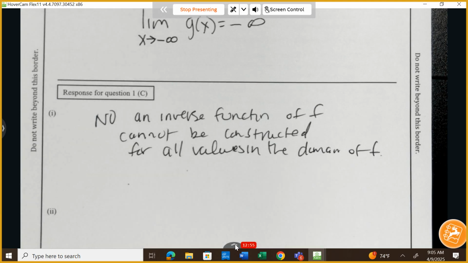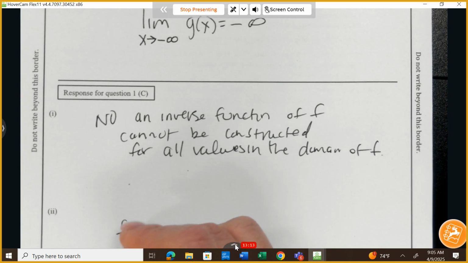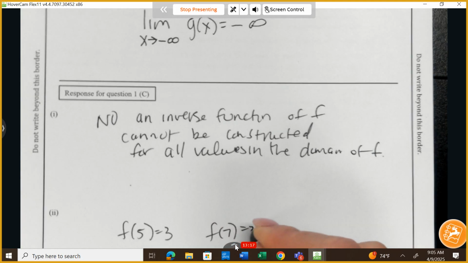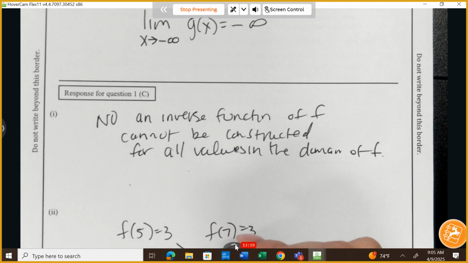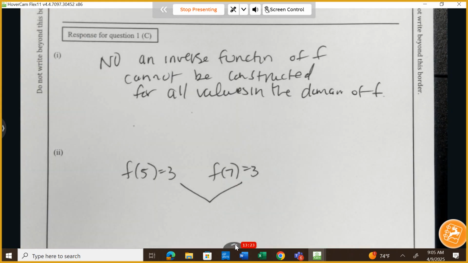Now down here, please do not leave. Why is it that we cannot? The reason is we see that it does not pass the horizontal line test over the entire domain. The function f does not pass the horizontal line test over the entire domain. An example of this is at 5, I have an output of 3, and at 7, I have an output of 3. And I can see here that we do not have a unique, this is key, every